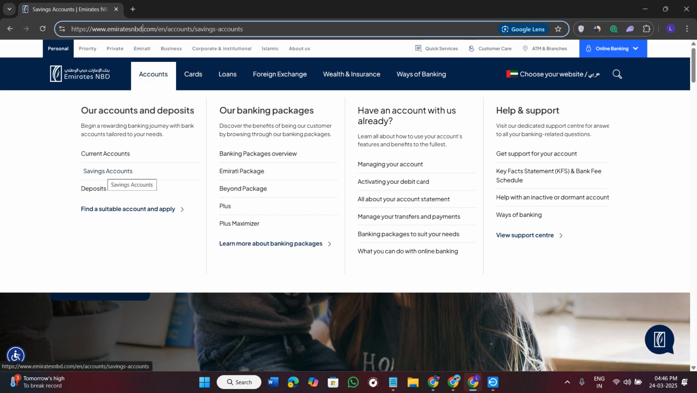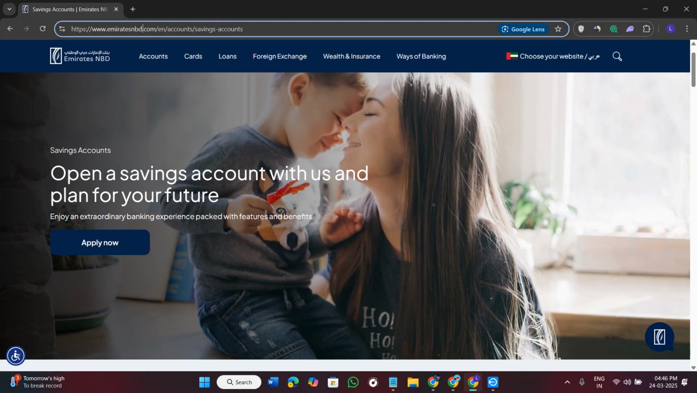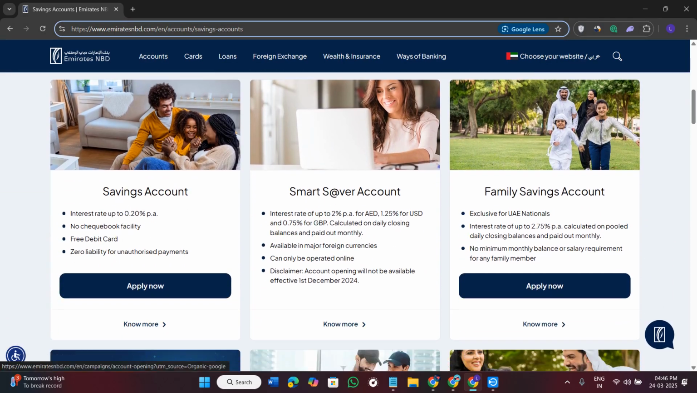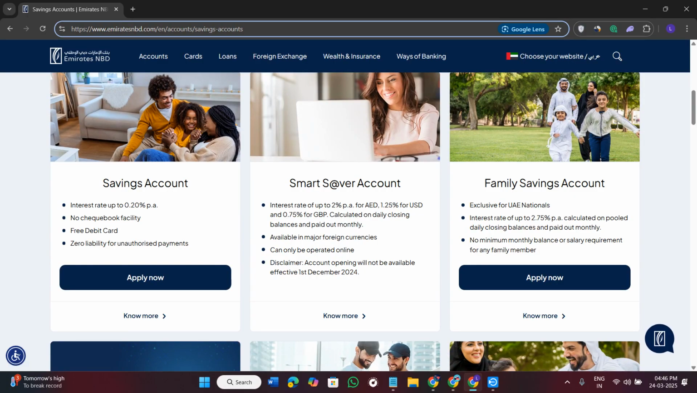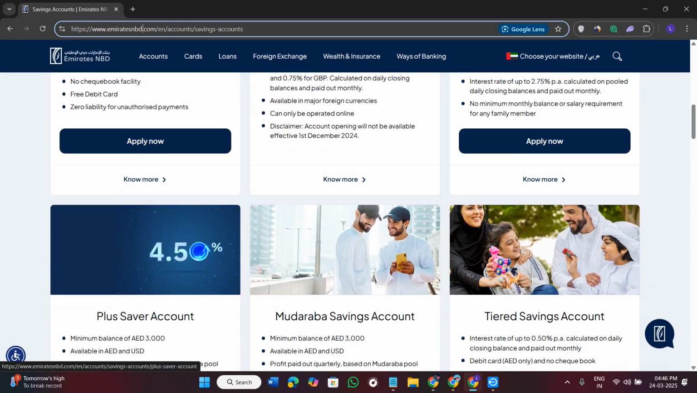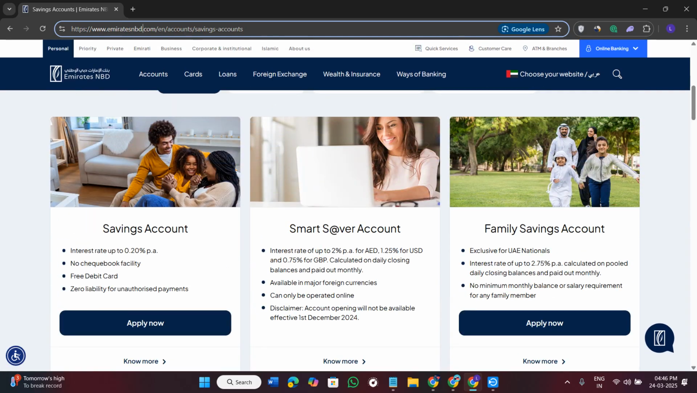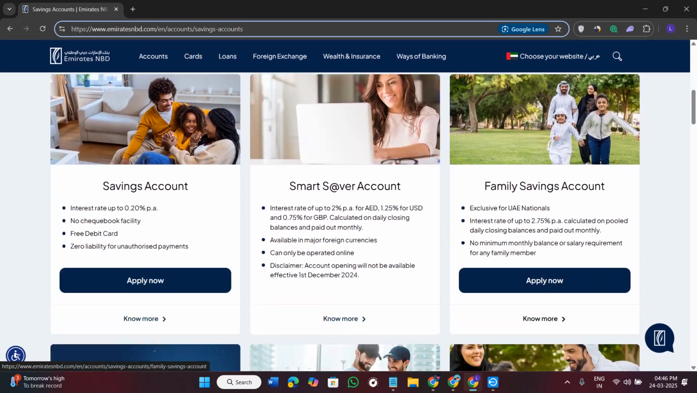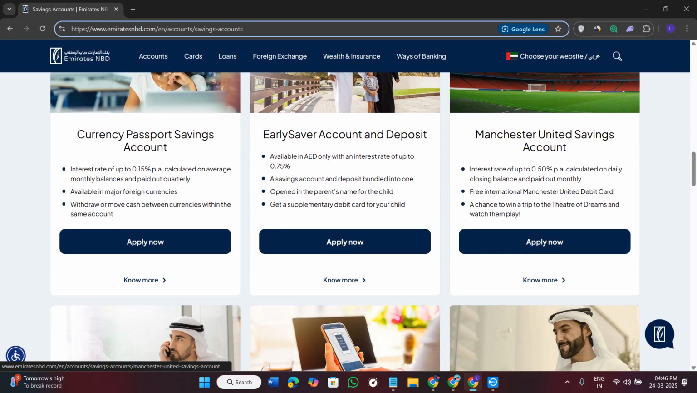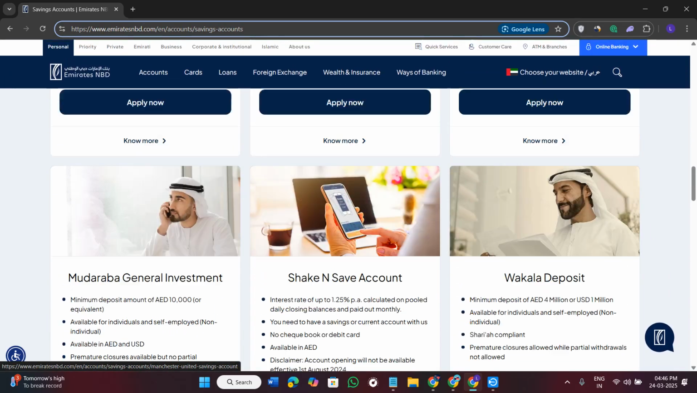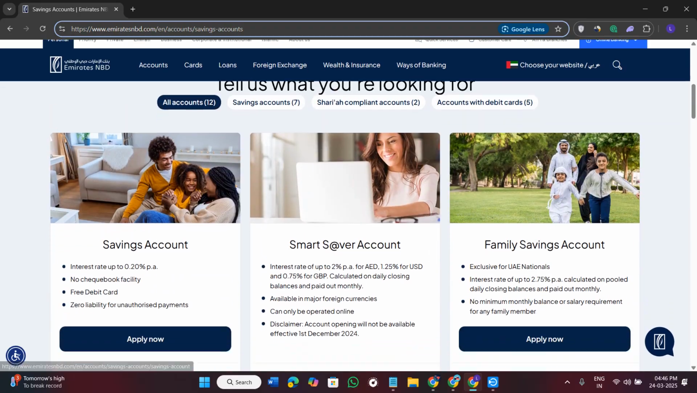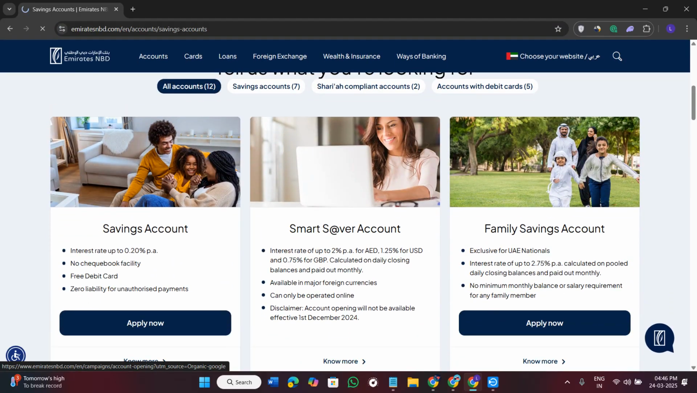So most probably you want to open savings accounts, so you need to simply click on the savings accounts option, and then you need to scroll down a bit in order to see what type of accounts you can open over here, and the eligibility criteria and some other details. So here you will see a bunch of different savings accounts, like savings account, the normal one, smart saver account, family savings account. So among the given savings accounts, you will have to select which type of account you want to open. Let's say you want to open the normal savings account, so you need to click on the